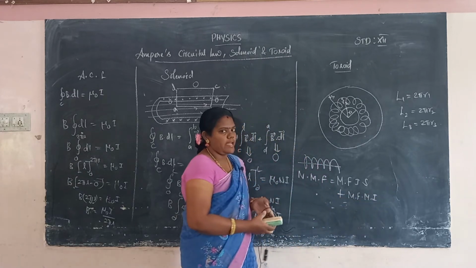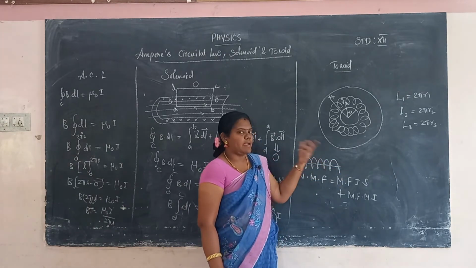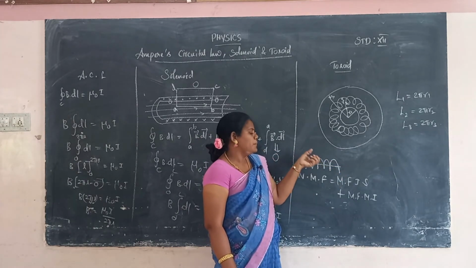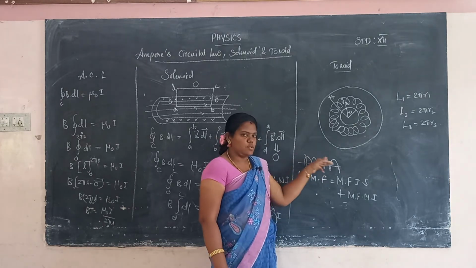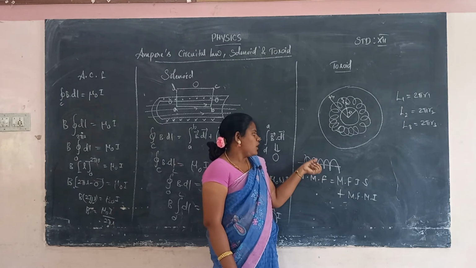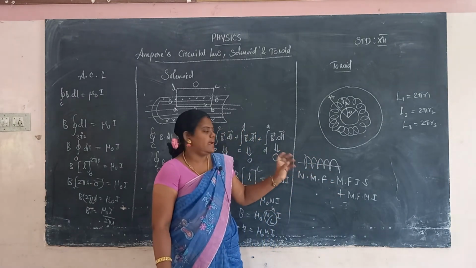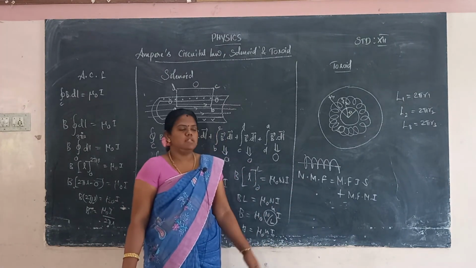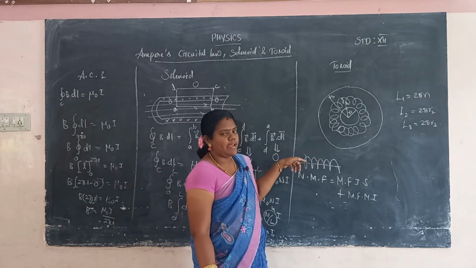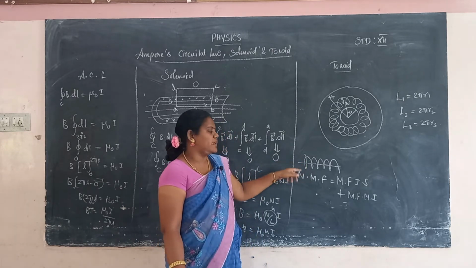So one iron rod will be inserted at the center of the solenoid, so that the iron rod is magnetized by the applied magnetic field. So the magnetic field inside the solenoid plus the magnetic field of the magnetized iron, you have to add both fields, and we can easily calculate the net magnetic field. That is how the iron rod is inserted and how the iron rod is magnetized by applying a magnetic field.